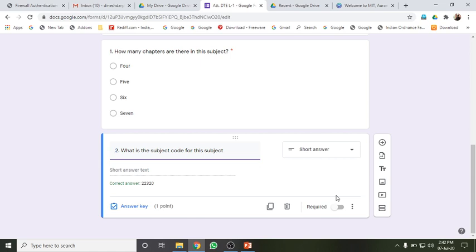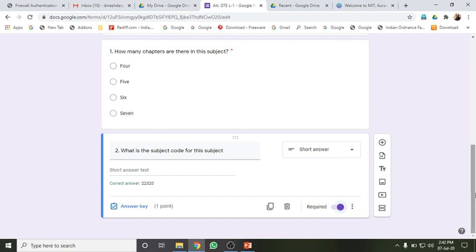This way you can go on adding different questions. This also is to be made mandatory. If I want to add a question again, I need to click on this plus sign. So you can go on adding as many questions as you wish.